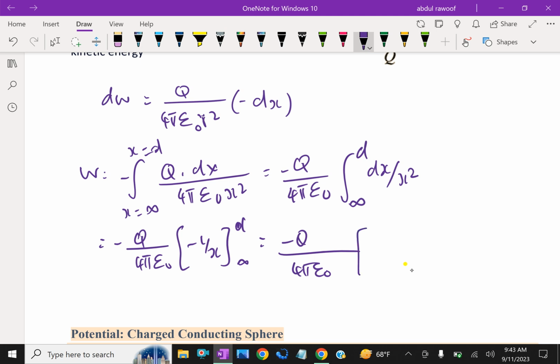We are giving the limits D and infinity, that is minus 1 over d minus minus 1 over infinity